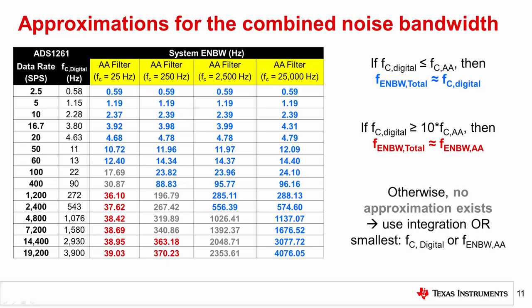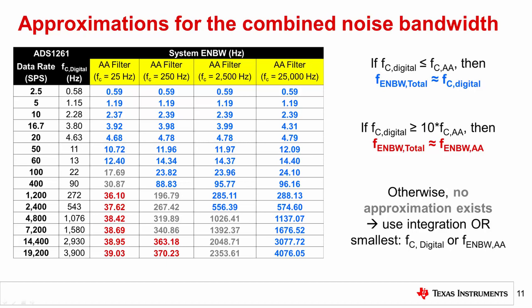Moreover, as noted on the previous slide, the anti-aliasing filter's purpose is to remove higher frequency noise, so it is not necessary to use an anti-aliasing filter with a low cutoff frequency in most cases. As a result, you can further generalize the combined system's frequency response as just the digital filter's negative 3 dB point, which will be valid for most practical, lower speed systems. This simplification makes noise analysis easier because the digital filter's negative 3 dB point is included in the ADC's datasheet and therefore does not need to be calculated.